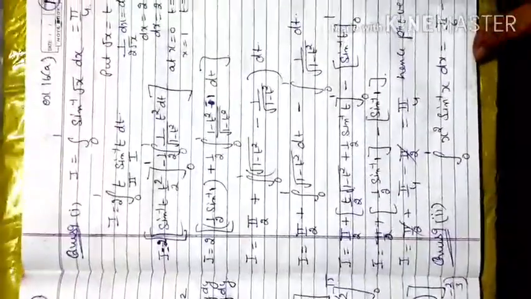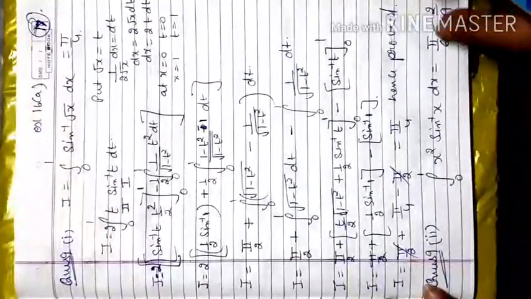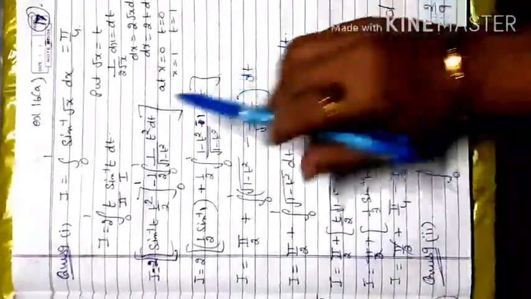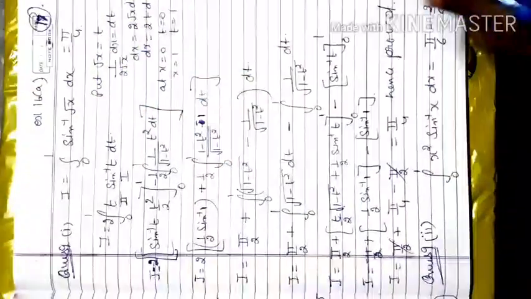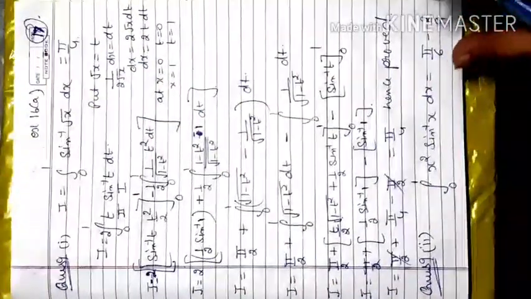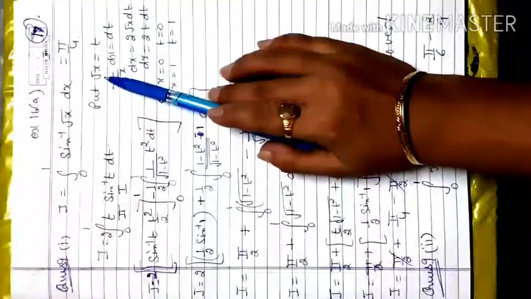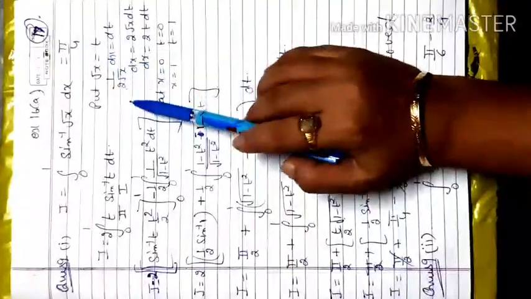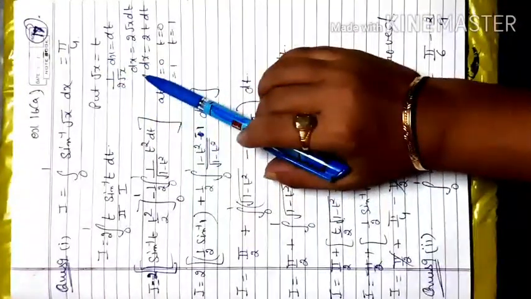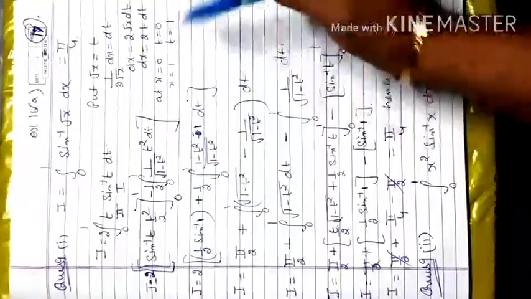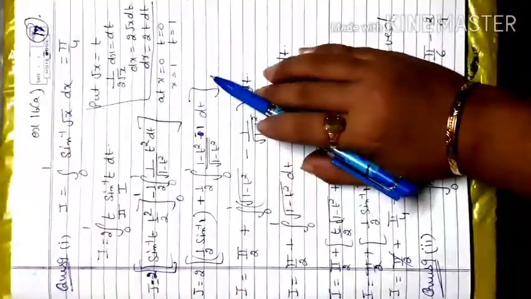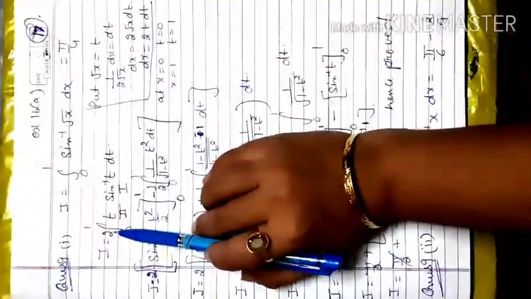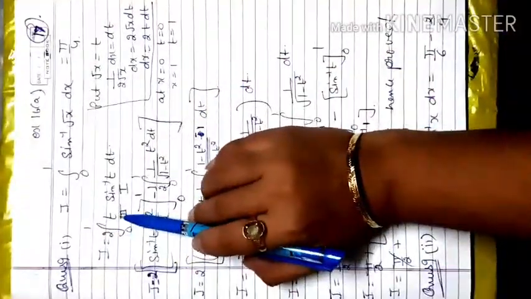Now next is your question number 9. In question number 9, there is the integral 0 to 1 sine inverse root x dx. You have to prove this is equal to pi by 4. So what you will do, first you substitute root x is equal to t. Then when you differentiate this one, dx is equal to 2t dt. So dx changes to 2 times t dt. So 2 will be kept outside and my term becomes t sine inverse t.